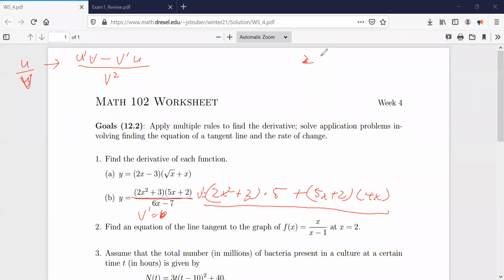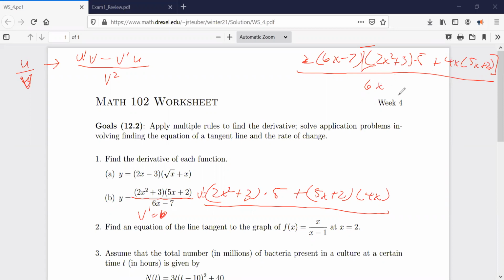So u prime is that monstrosity right there. And that's going to be times the bottom. So that's 6x minus 7 times 2x squared plus 3 times 5 plus 4x times 5x plus 2. And then that's all over just